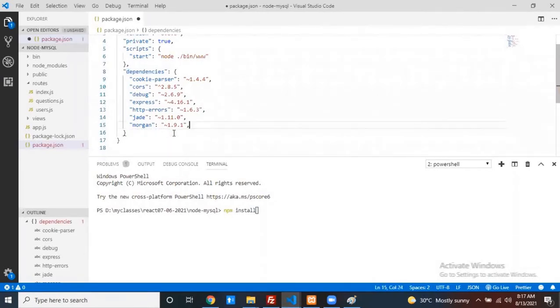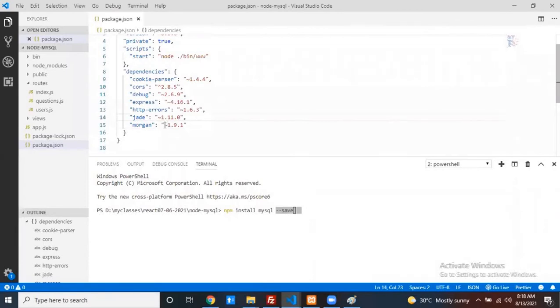If you don't know the version, simply remove it and save it. I know only the name. Then at that time, simply npm install MySQL. npm install MySQL --save, you can put it. What is this command going to do? This particular command is going to download your MySQL library, and then it's going to save it within the package.json.